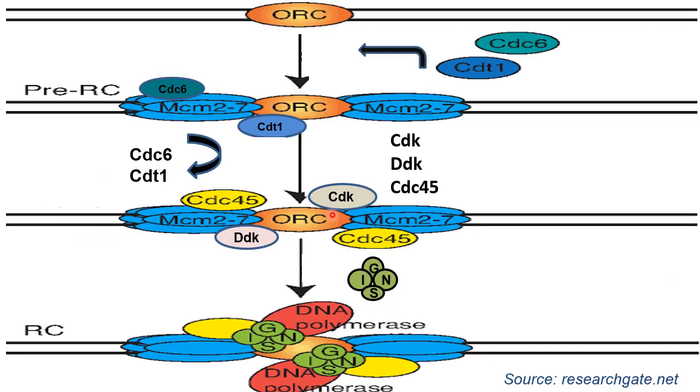This figure is representing the scheme of initiation. As I have already mentioned, first ORC, that is origin recognition complex, will recognize the initiation sites, that means the origin sites on DNA strands, and will bind to the origin sites in early G1 phase. After that, two other proteins, CDC6 and CDT1, along with another protein, MCM, will join this ORC complex, and together they will form the pre-RC, that is pre-replicative complex, in late G1 phase.